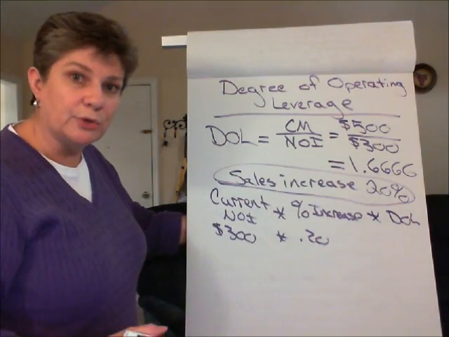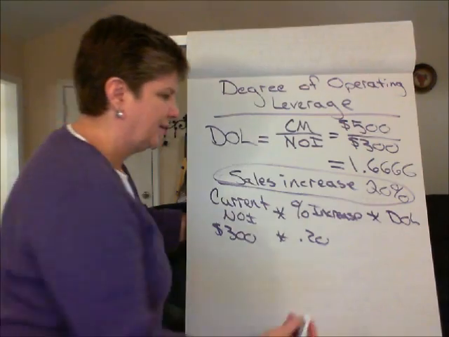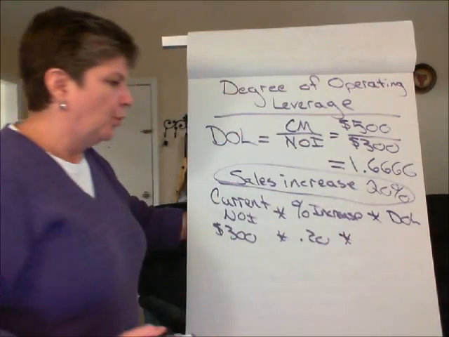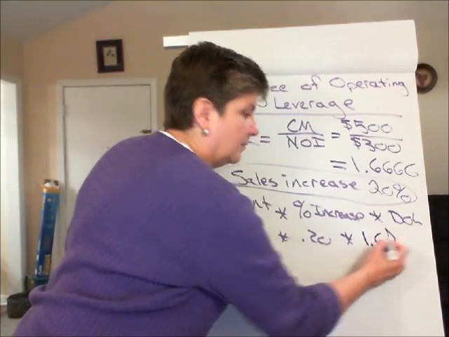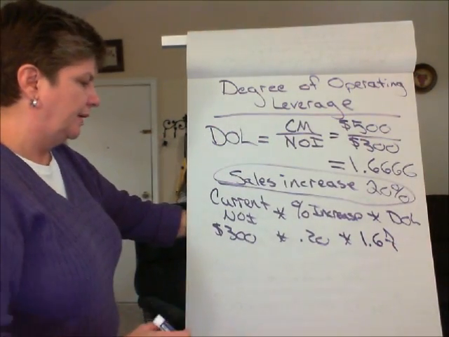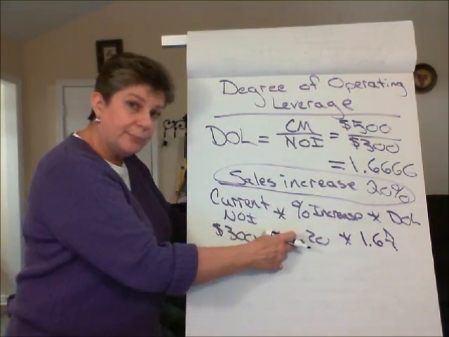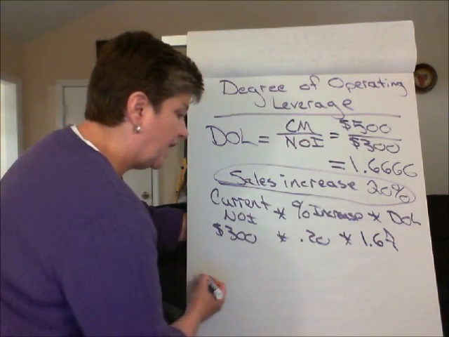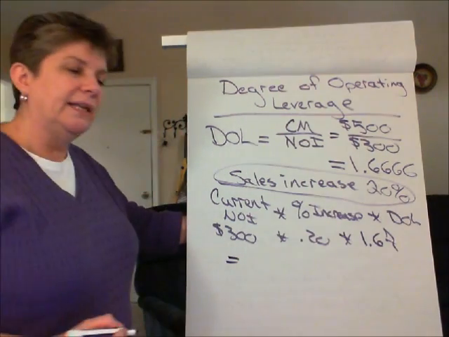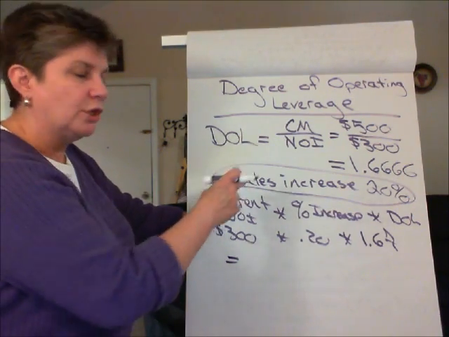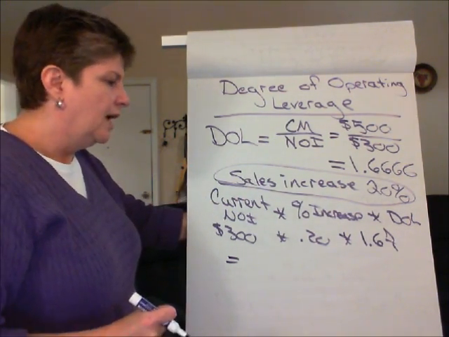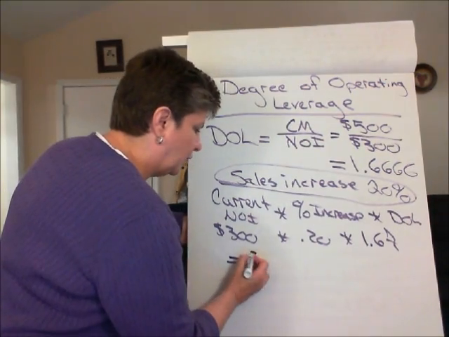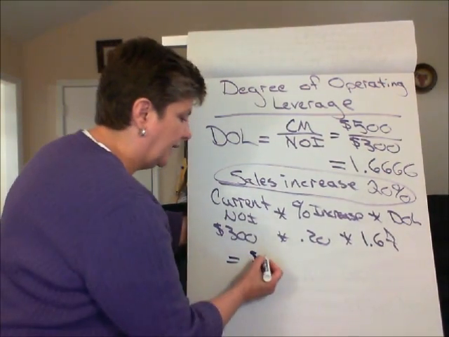So for us, that was 1.66666, 1.67. Again, we got some rounding issues on this. So 300 times 20% times 1.67, and what we get is that net income, given a 20% increase in sales and the current cost structure, is going to increase approximately